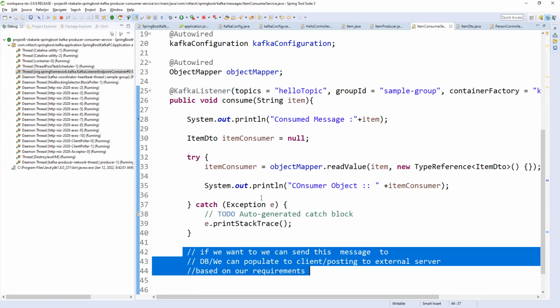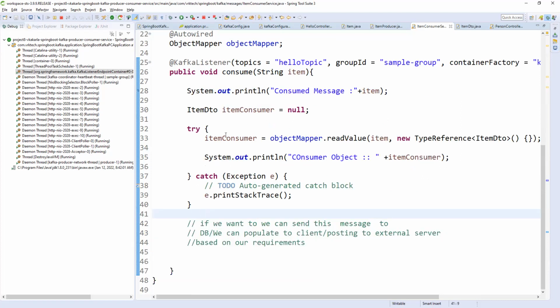If you acknowledge, the message will be deleted from the topic, so from the second time onwards it will not come again. Based on your response, if the DB is down, you need to consume again, so you should not delete the message from the topic. Once you get a success message from your next operation, once you take the object, only then can you acknowledge and delete the message from the topic.